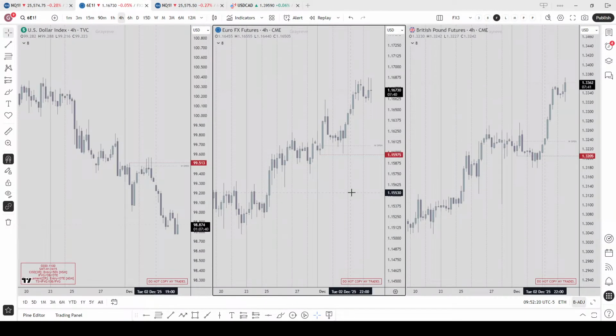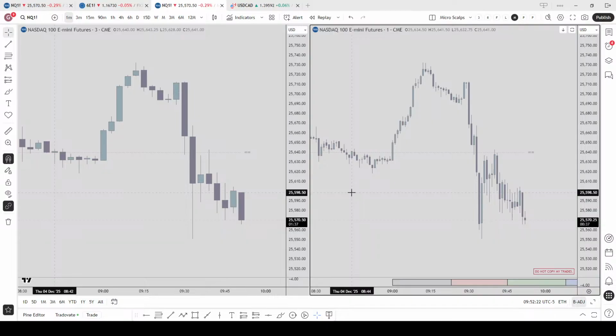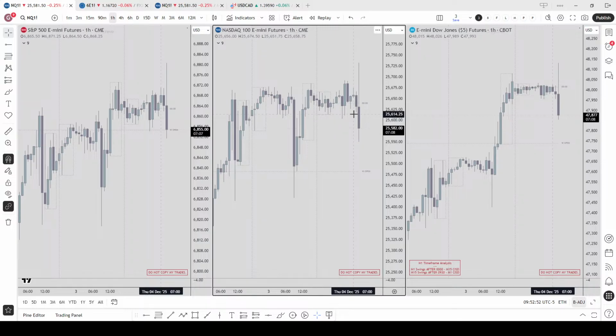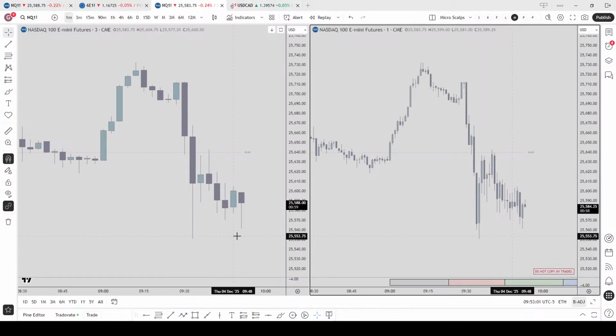However, I would not be taking trades on the higher time frame. I would try to keep it to micro scalping, because I'm not too sure if that would be the true objective for the week, or it's just going to do something like yesterday where it just trades towards a certain level and then reverses the entire expansion lower. The only difference is that this time around we had the manipulation higher first, so we'll have to see how this plays out here.